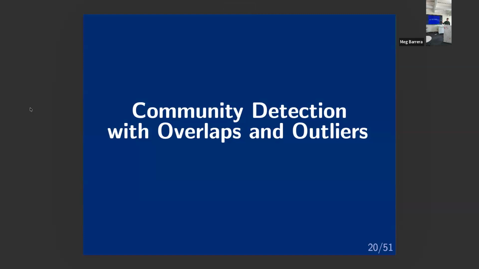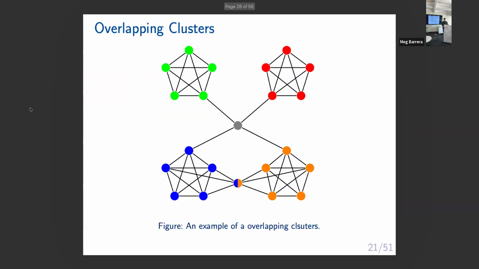Right. So that was just community detection with outliers. We can now get some form of overlapping communities too by switching from vertex clustering to linkage clustering. So in this case, we cluster all of the edges. You can still have outlier edges. Like in the previous section, if all of your edges are outlier edges, then you don't have a community. We only project these edge clusters onto nodes by including the node in the community if it has at least one edge. Probably set a threshold on this. I'm not sure how you should pick that, so we'll just do one.